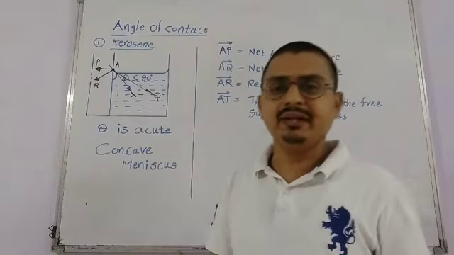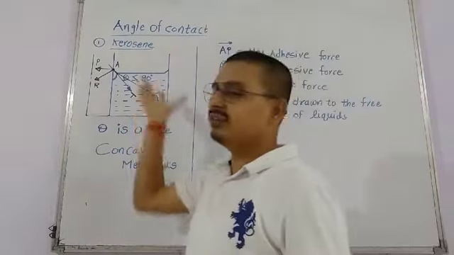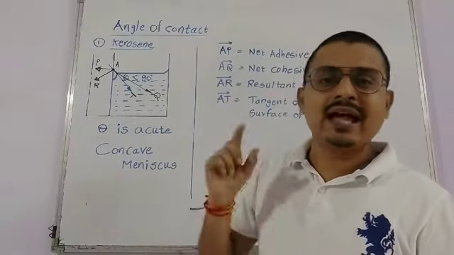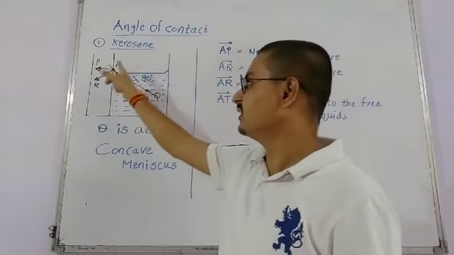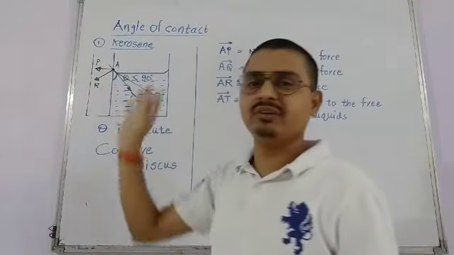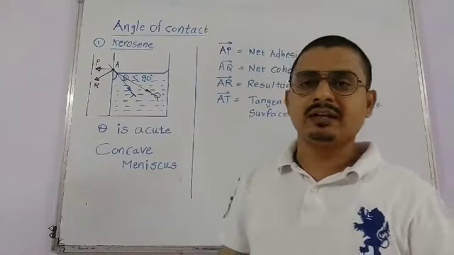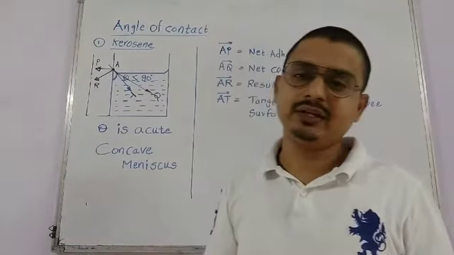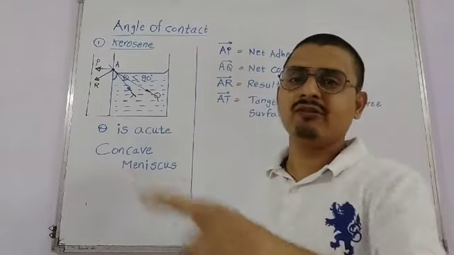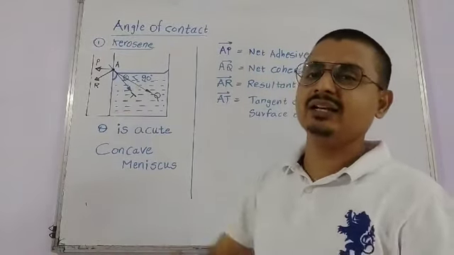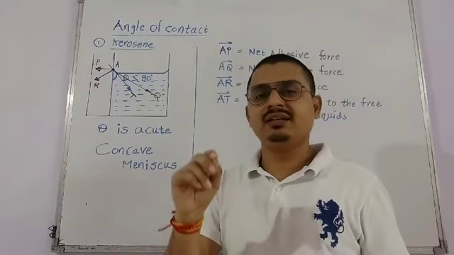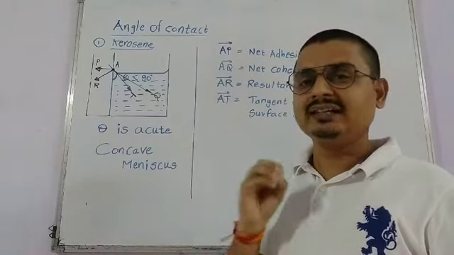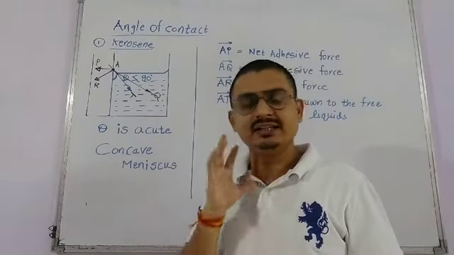So I again repeat that the liquid is taken into the container of solid, and there is an angle made by the liquid molecules with respect to the surface of solid, and this liquid partially or completely wets the surface of solid. That's why they form a concave meniscus, and here the angle made by them is less than 90, that is acute. Now why is it making an angle 90 or less than 90?